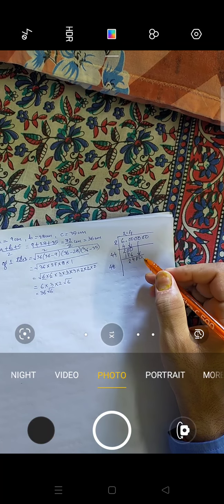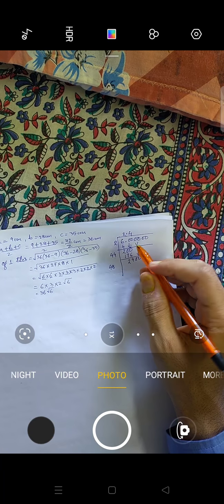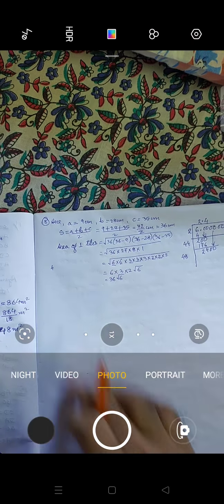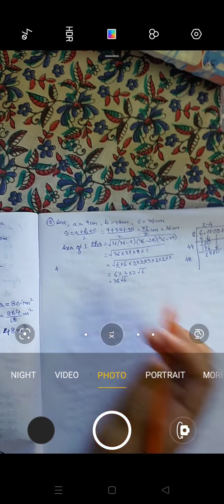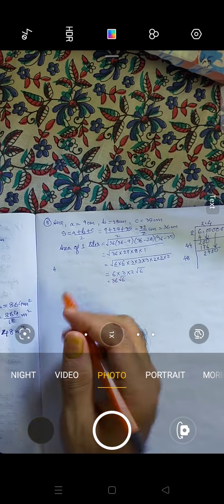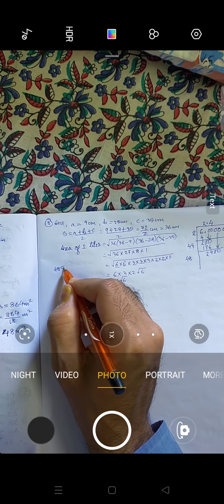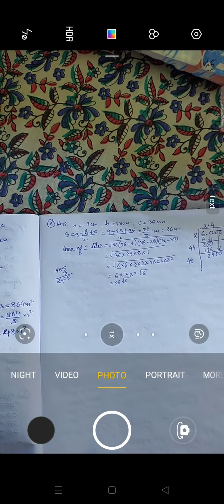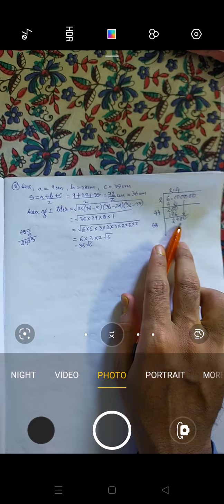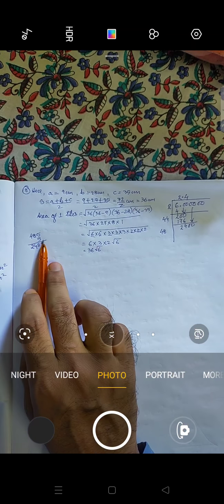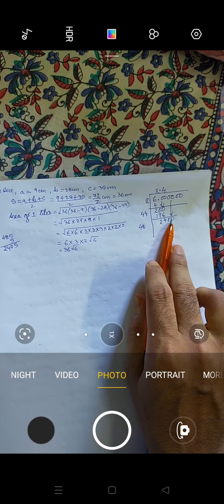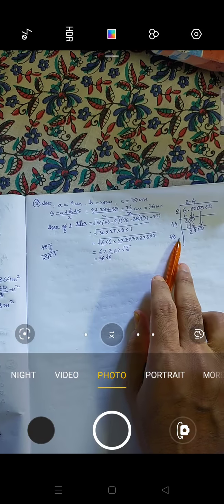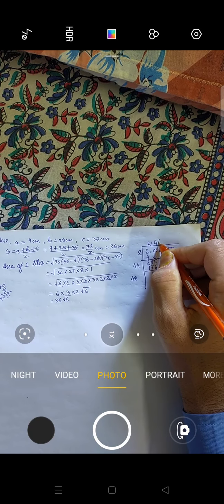Now let's check by which number it will go. I think 5s. So let's check it. Rough work, I am doing it here, but in exam you can't do this, okay? In your copy also you can't do it on the left hand side. Right hand side only you have to do. So 48, I am multiplying it by 5. We are getting 2425. So it is more than this, yes or no? This is 2400, we are getting 2425. So we can't take it by 5. We have to take it by 4.